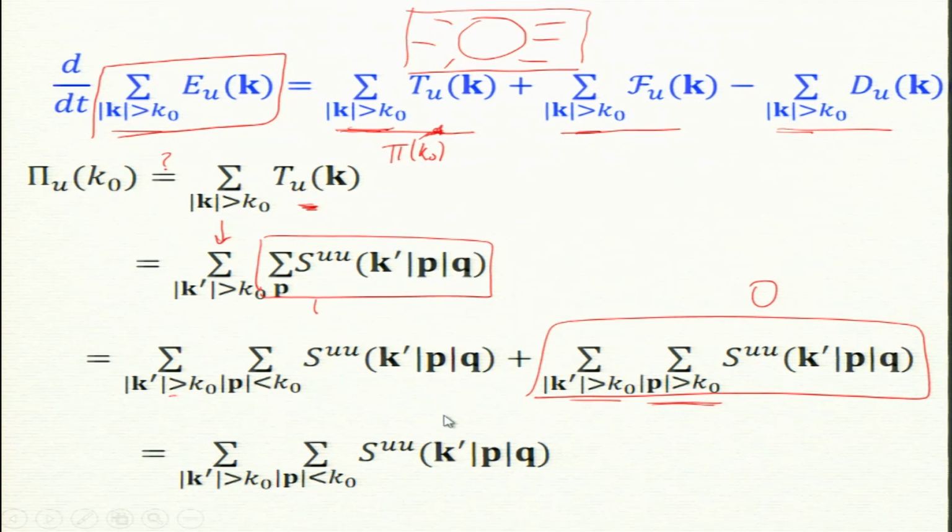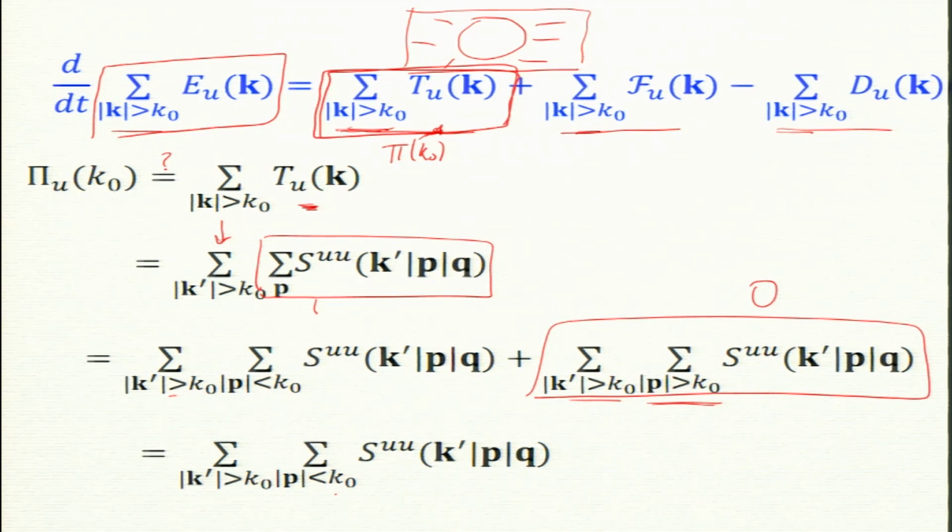Now, isn't it exactly the same formula which I wrote in the last slide? So, p is a giver which is inside the sphere and k prime is the receiver which is outside the sphere. Okay. So, this indeed is our flux. In fact, this is one of the steps of Kraichnan's derivation, but of course, he does not go through this derivation, he argues in different ways. Okay.